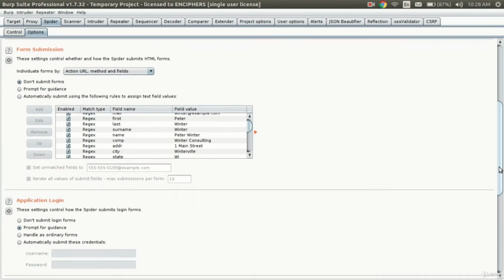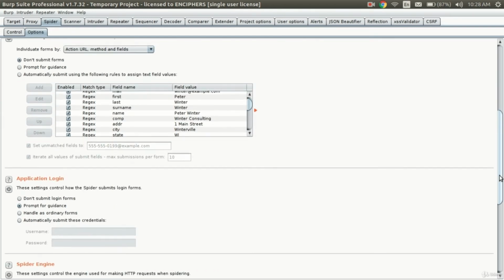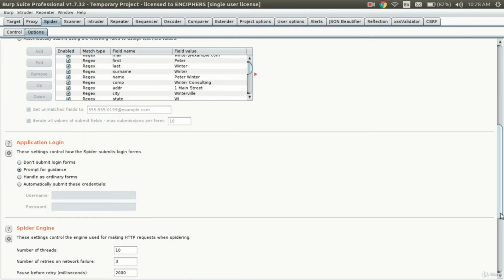Okay, you can also add any text field which you want to get added in the form itself. Most of the times while crawling, it's always better to use the don't submit forms option, because suppose you are an admin of a web application and you are crawling it, and there is also an option to delete a certain item.